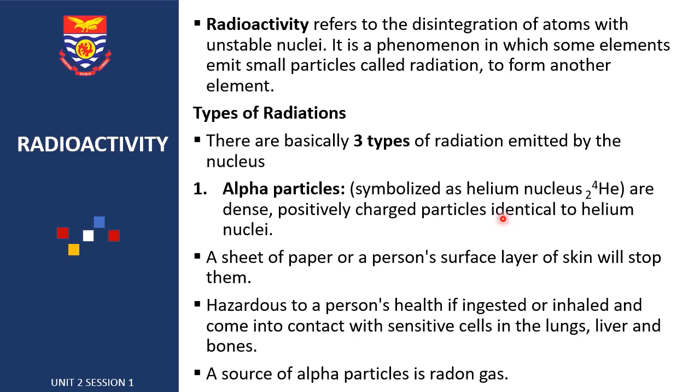They could cause cancer. One source of alpha particles is radon gas. Radon gas is a colorless and odorless gas. It is formed from the radioactive decay of radium, which in turn is one of the products of the uranium decay chain. Now, in terms of being hazardous, it is not the radon itself that is a health concern, but the